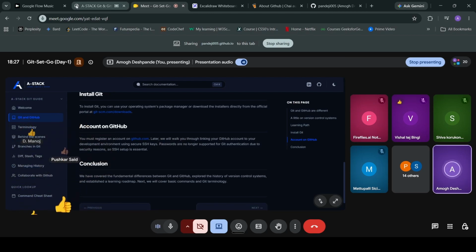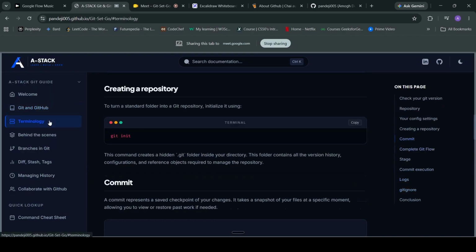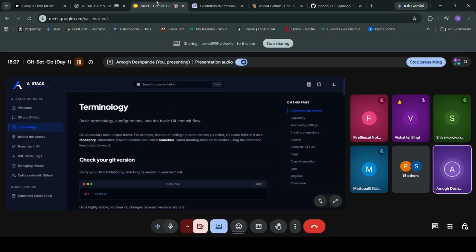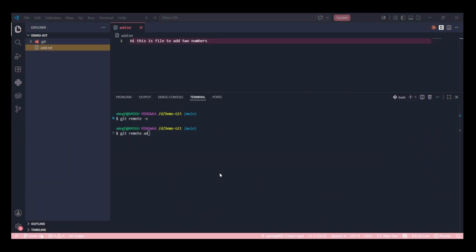Okay, good. Now we'll go into the terminology. First of all, I will go to, just a second, I'll open my VS Code.